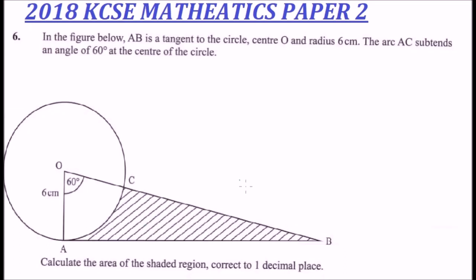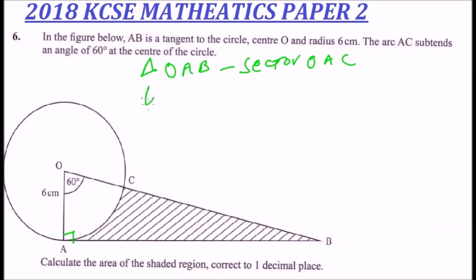So for us to be able to calculate the area of the shaded region, we need to calculate the area of the triangle, that is triangle OAB, and then we minus the area of the sector, that is OAC. So for us to do that, we need to find AB, and for us to find AB, we have this angle here. The tangent makes an angle of 90 with the radius,